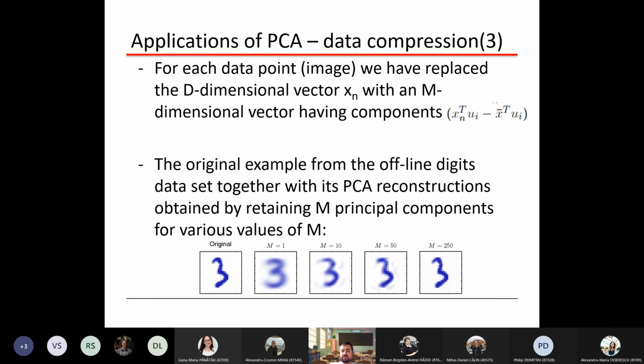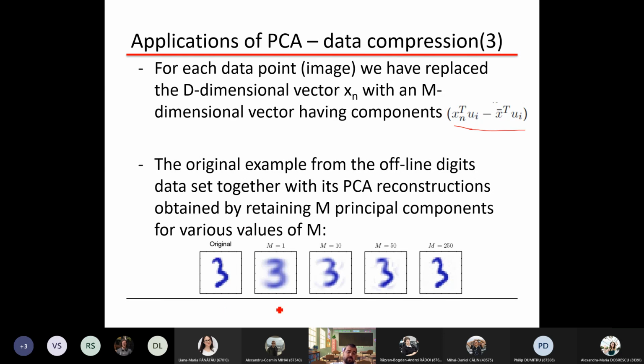Therefore, for each data point, we have replaced the d-dimensional vector x_n with an M-dimensional vector having the components x_n transposed u_i minus the mean transposed, multiplied with u_i. And for our dataset,